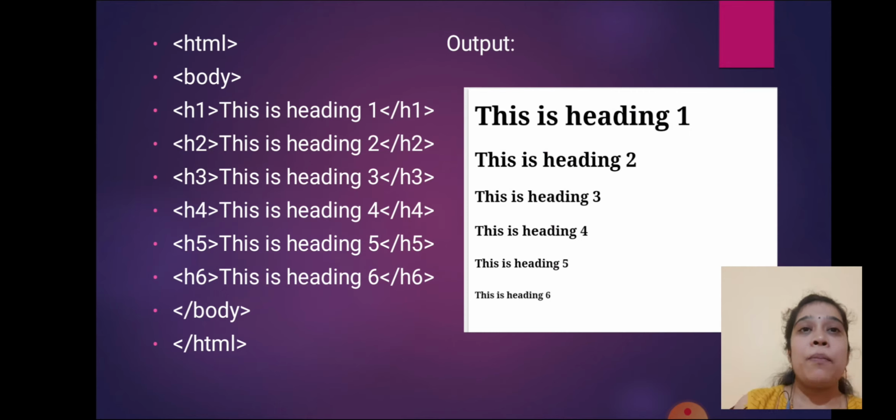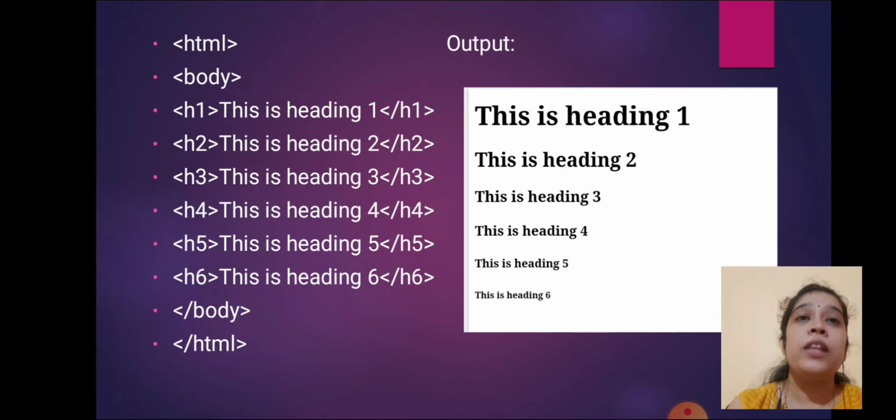In this example we are using a total of 6 levels of heading, and we will see the difference between the sizes of heading levels in the output. Here, due to space issue, I am only using HTML and body tags, but while writing a program on the computer, you have to use html, head, title, body, all compulsory tags.